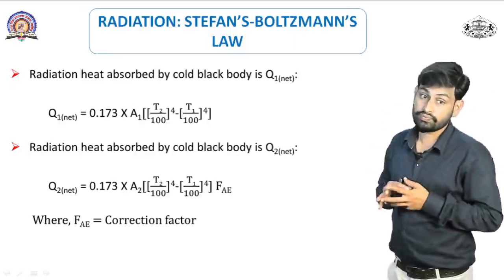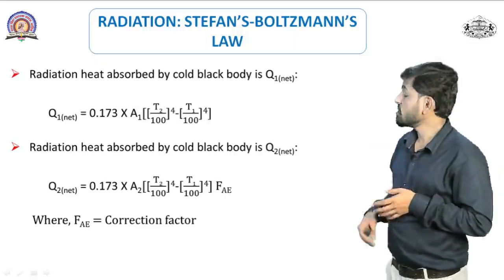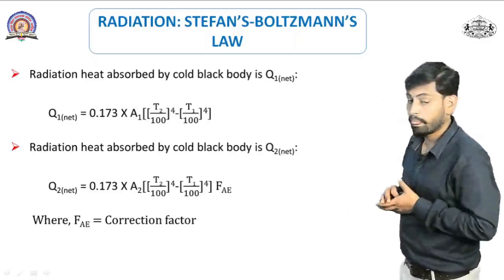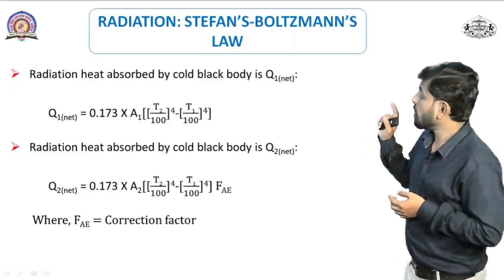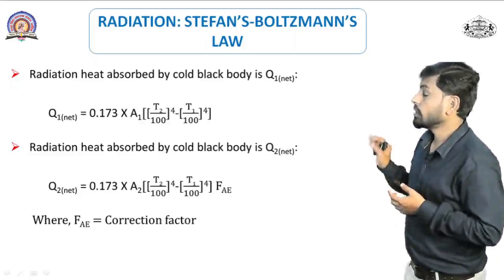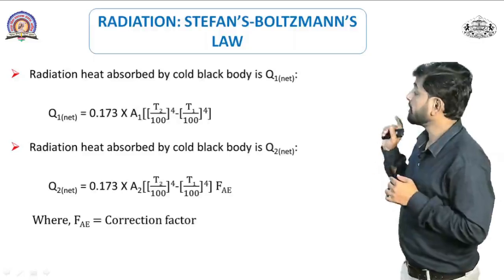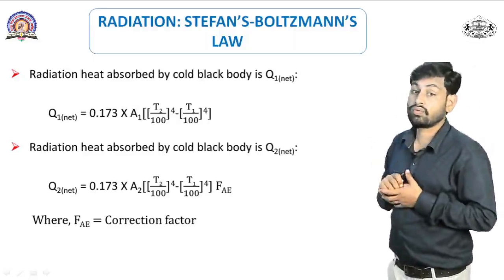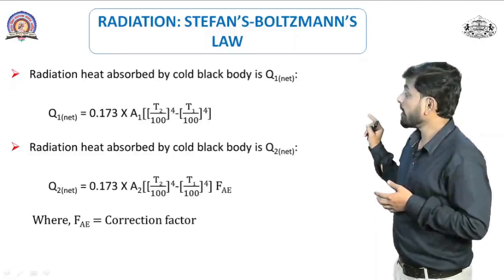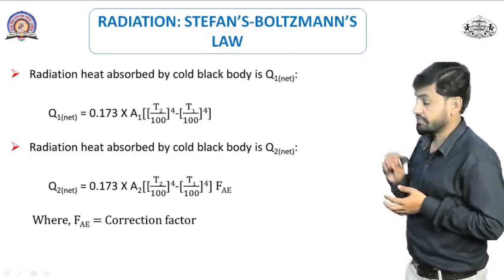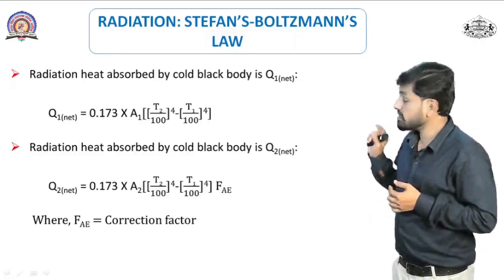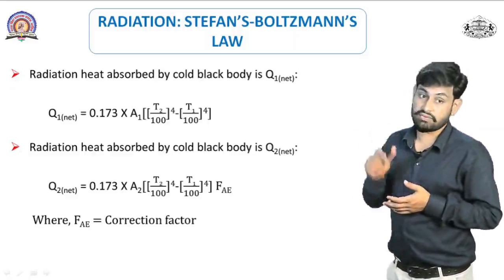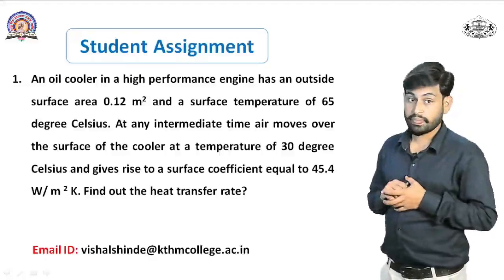Q2 is equal to 0.173 into A2, the cross-sectional area, into (T2 upon 100) raised to 4 minus (T1 upon 100) raised to 4, into F_AE, where F_AE is the correction factor. Student assignment: